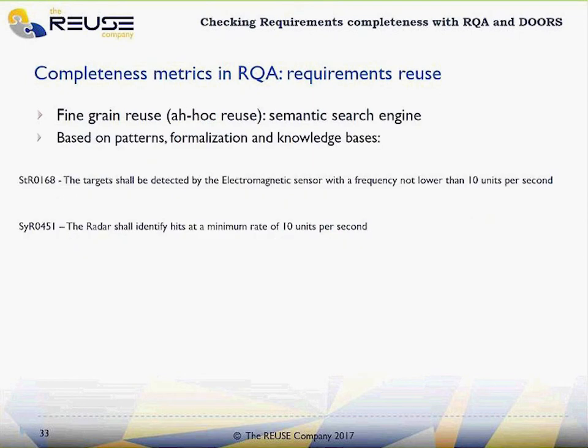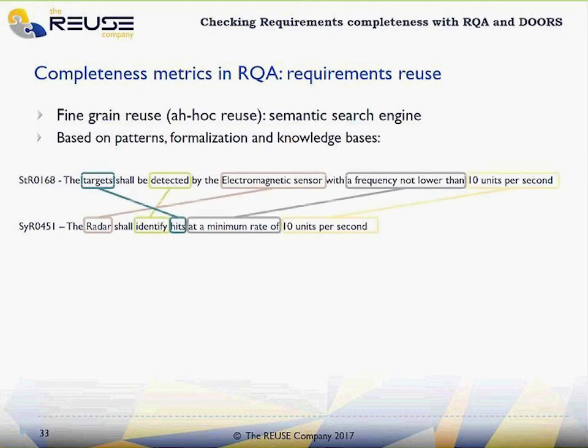However, we do address the fine grain reuse in terms of implementing a semantic search engine just to identify similar requirements in previous projects, and thanks to the traceability between these requirements and other requirements, we can easily identify other requirements that might be somehow missing. So in this example that I'm showing on the screen, you can see two different requirements coming, in this case, at two different levels, and how even if these requirements are written following different structures and different keywords and sentences,